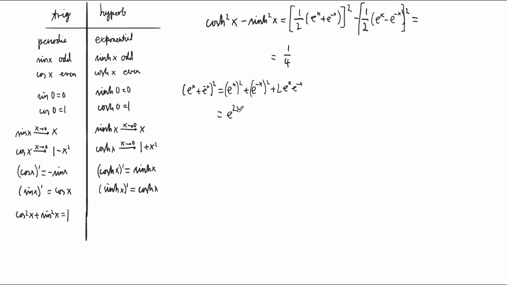But that's just e to the 2x plus e to the minus 2x plus 2 times e to the x minus x, and that's just equal to 2. So if I plug this result in here, I just get